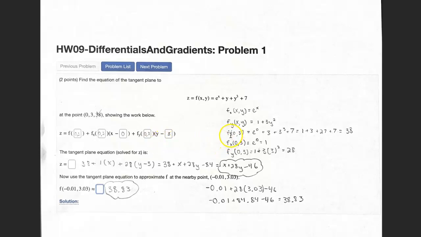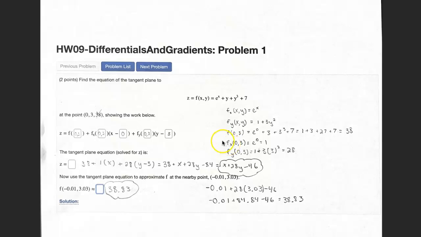So I came back over here and I laid it out. I was like, okay, f of 0, 3, and I wrote it out. I plugged 0 in for x here for e to the x, and then I did plus 3 for y here, right, plus 3 to the third for y to the third, plus 7, and then I just did quick little math in my head. 1 plus 3 plus 27 plus 7 equals 38, and then I did the same thing for the x